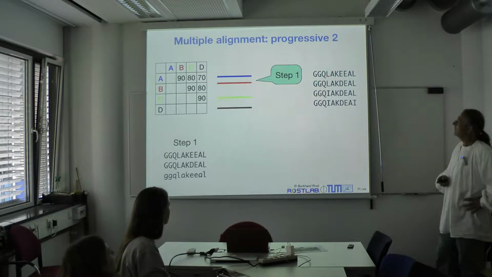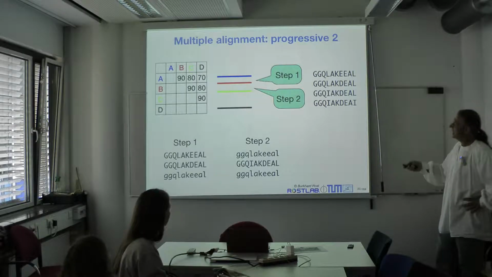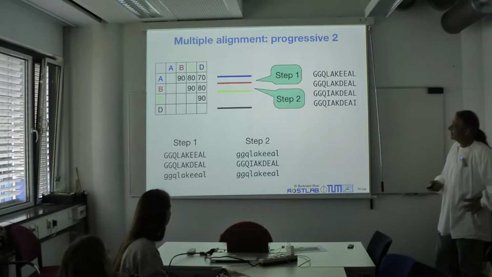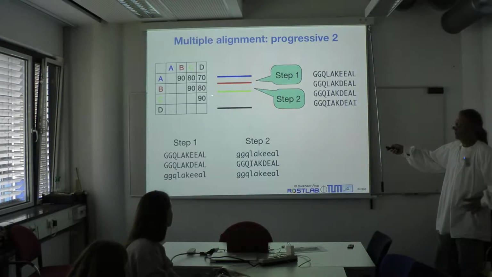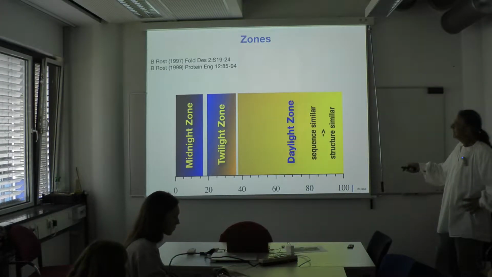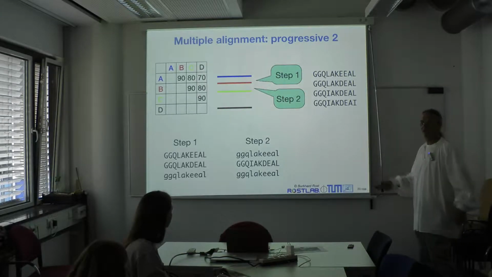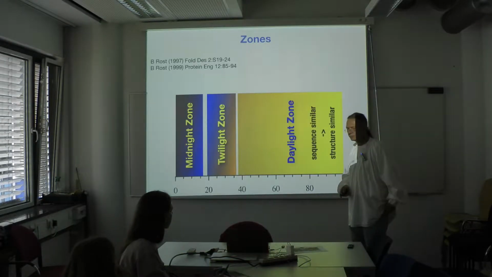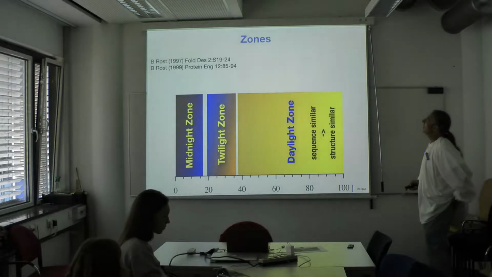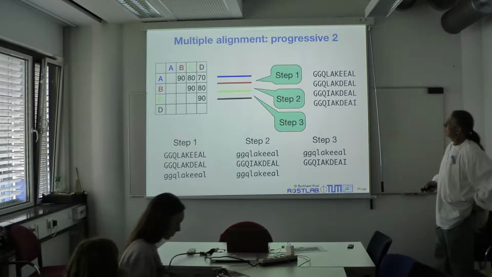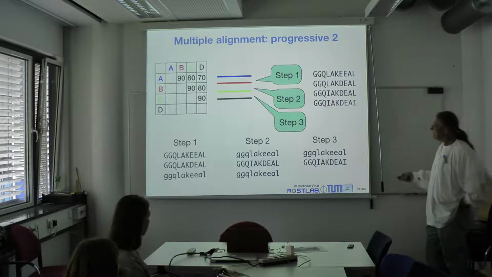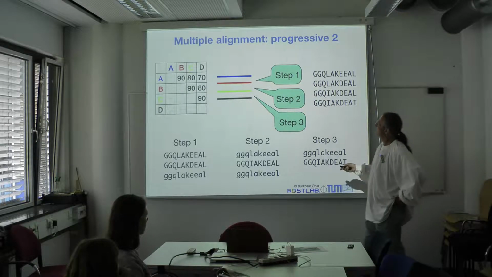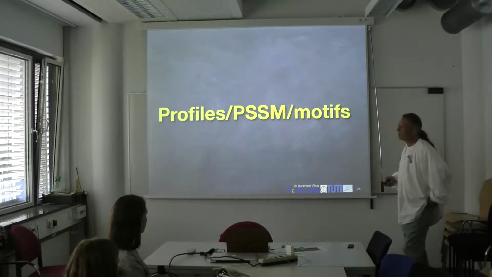Now this is one way of doing it. Here's another way of doing it. In the first step we do the same thing, but in the second step, rather than looking at the second pair, you take the consensus sequence and align it against the third. And then in the third step you would take the fourth and align it against the others. This, in fact, now means that you build up something that is referred to as a profile, PSSM,